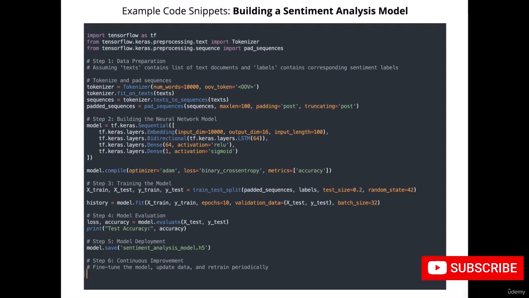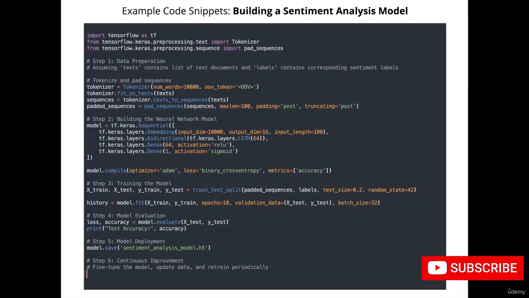You pass xtrain, xtest, ytrain, ytest. These are the values that you'll get, a tuple, from the train test split function. You pass the padded sequences, labels, test size, and random state to it. Next, we're going to fit the model by calling the model.fit function and give it to history. Xtrain, ytrain is what we pass, epochs of 10, validation data, xtest and ytest that we got, and then batch